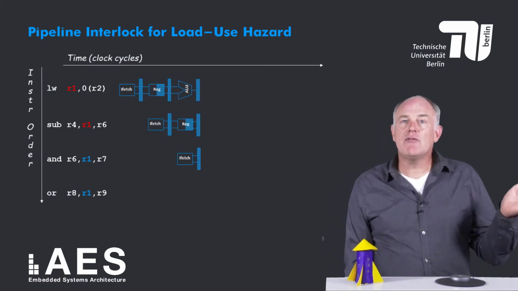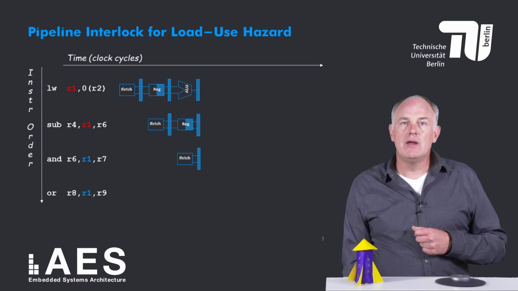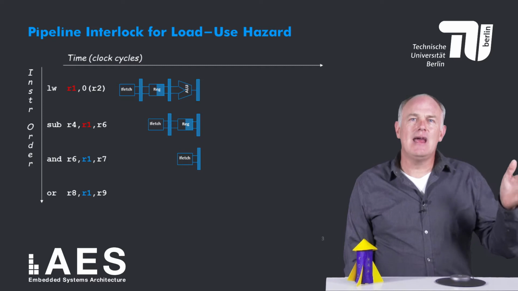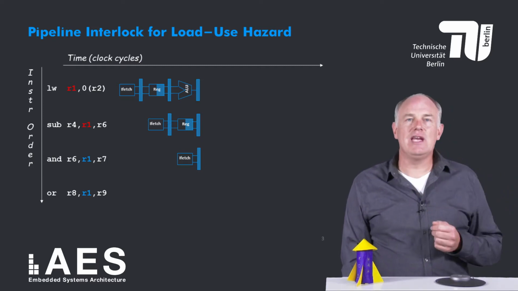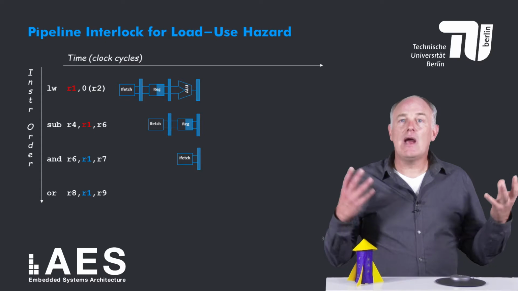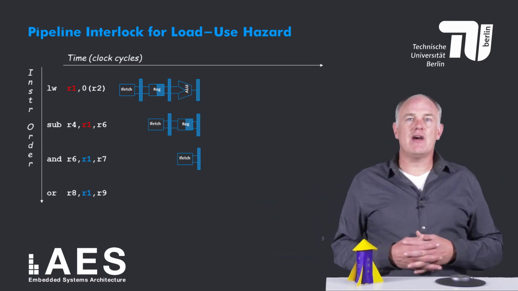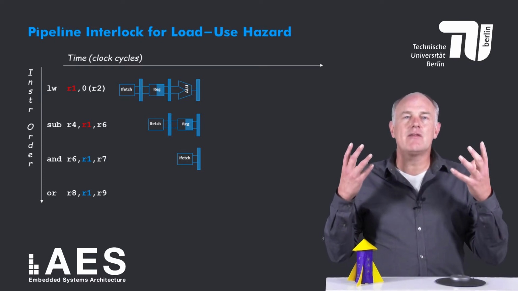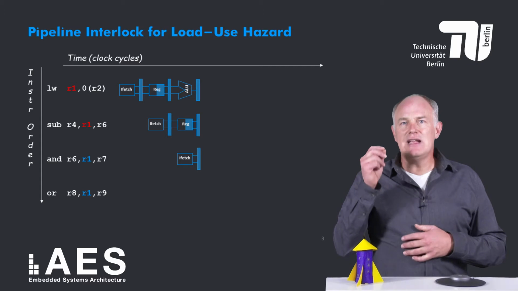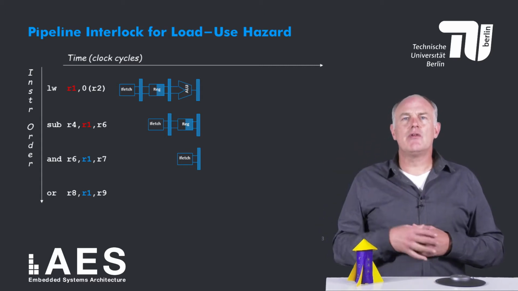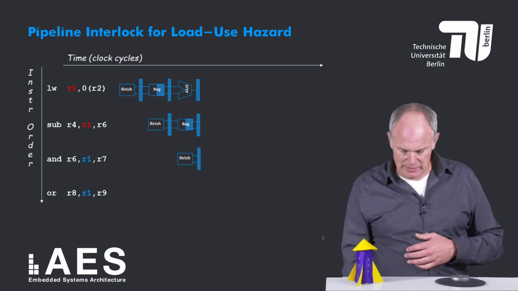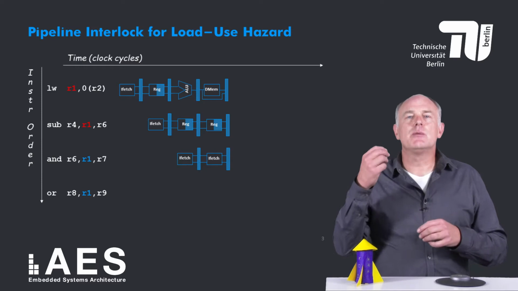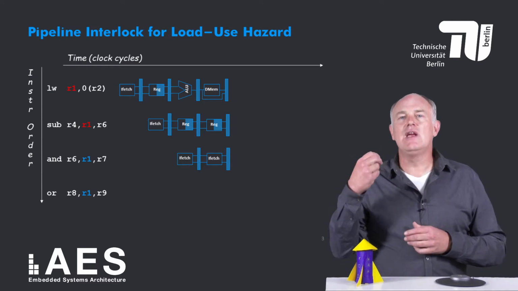As before, we have a load that writes to register R1, which is followed by a subtract that reads R1, which is followed by AND and OR instructions that also read R1. Now execution has advanced by 3 cycles, and we have this situation. Now the pipeline interlock detects the load use data hazard and prevents the instructions after the load from advancing to the next pipeline stage. In other words, in the next clock cycle, the subtract and AND instructions repeat their pipeline